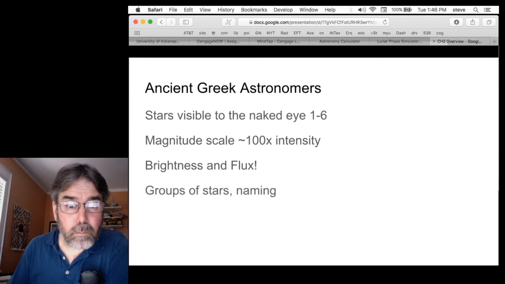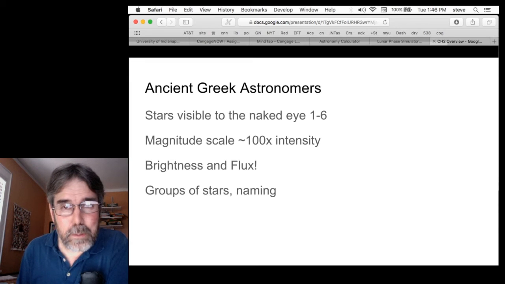So let's see. There are groups of stars in the sky that the ancients gave names. We call them constellations or sometimes asterisms. Constellations are the official groupings that have been accepted for many, many years. Asterisms are sort of more casual groupings, like the Big Dipper is an asterism. It's actually part of the constellation Ursa Major, I guess. But those groups of stars called constellations, I think there are 48 or 50 or something like that of them,